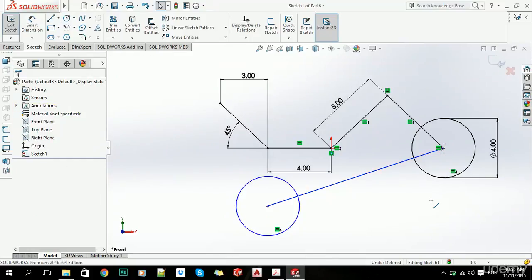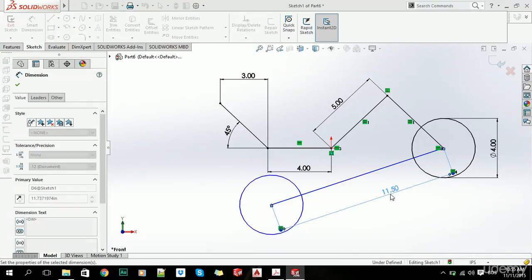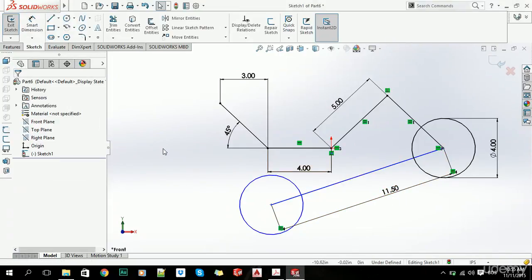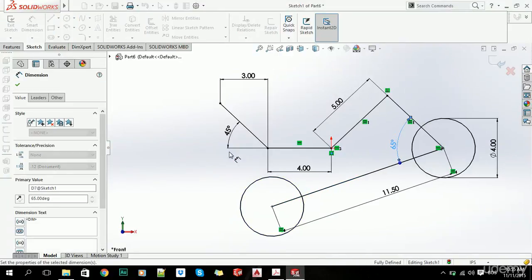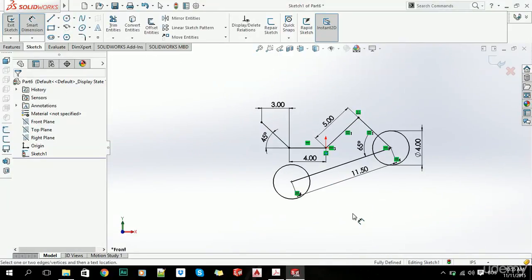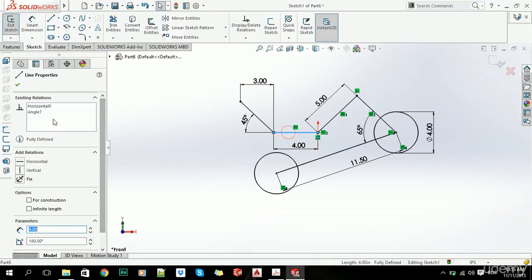Now we can specify this length, for example, let's say 11.5, and let's say this angle here is 65 degrees. Now again we have our sketch fully defined,